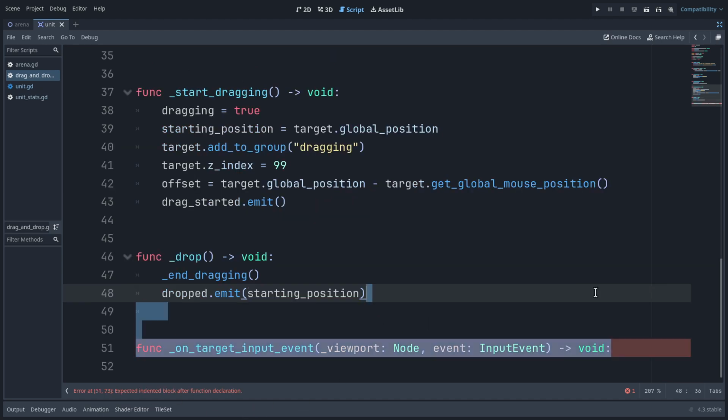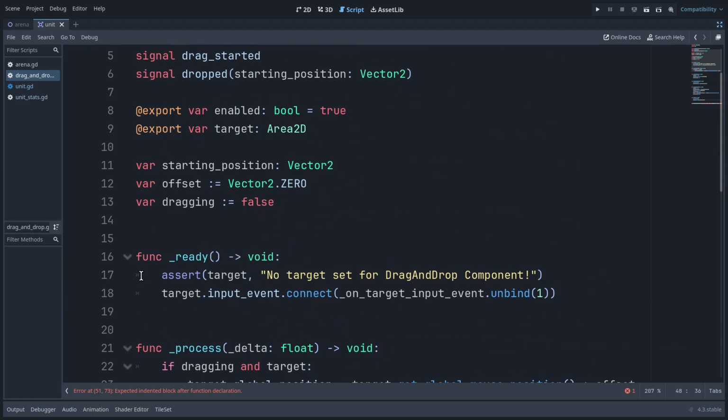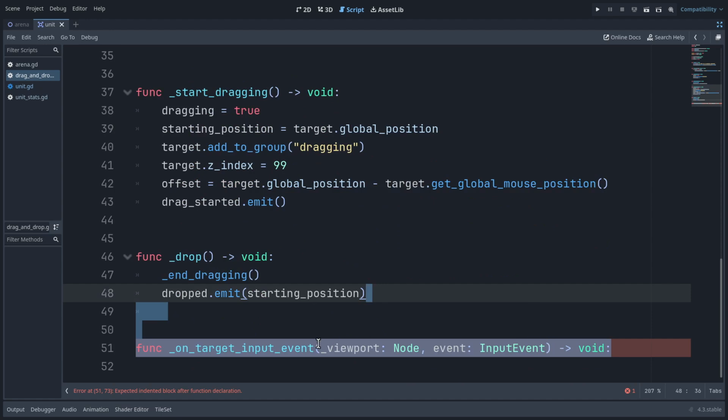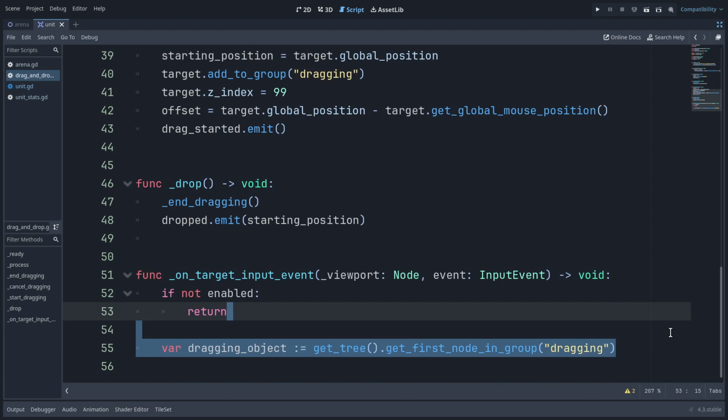And finally, we can define that on target input event callback. And if you remember, we connected this to the area's input event signal. And that's the reason we called unbind1 here, because we have two parameters, the viewport and the input event, and we don't need the shape index. Right, so what do we do? First of all, if the drag and drop component is disabled, meaning that the enabled property is false, then we can return from this immediately because we don't want to do anything with drag and dropping if the component is not enabled. Then we can get the currently dragging object by calling